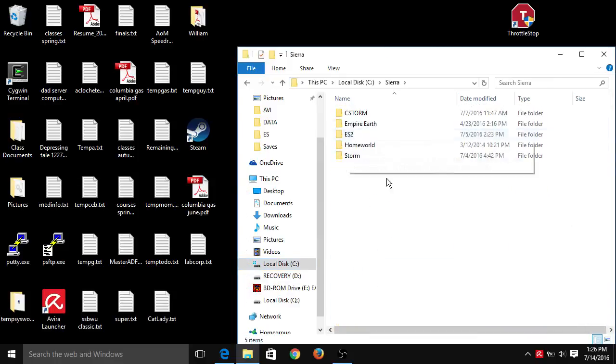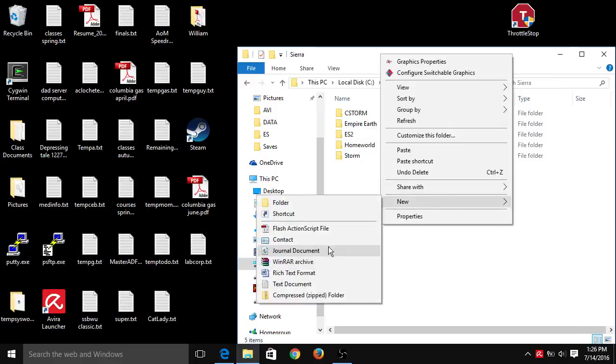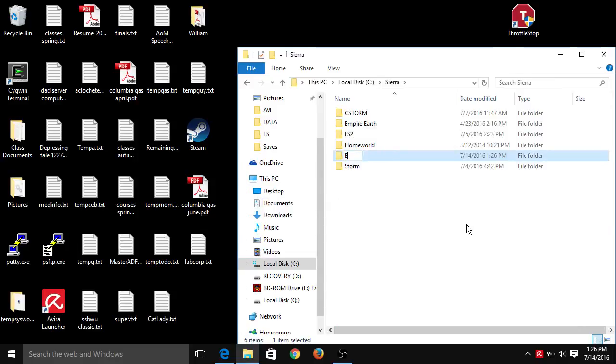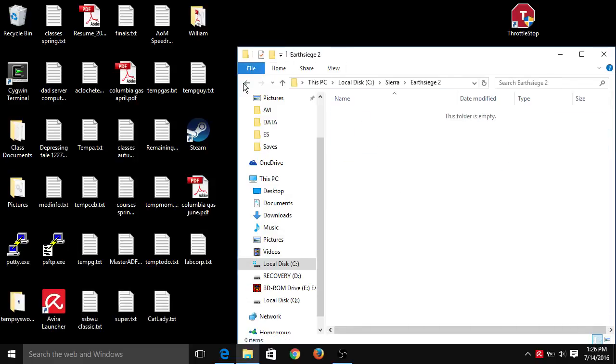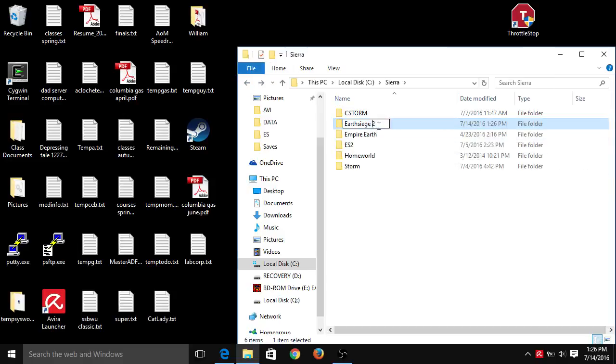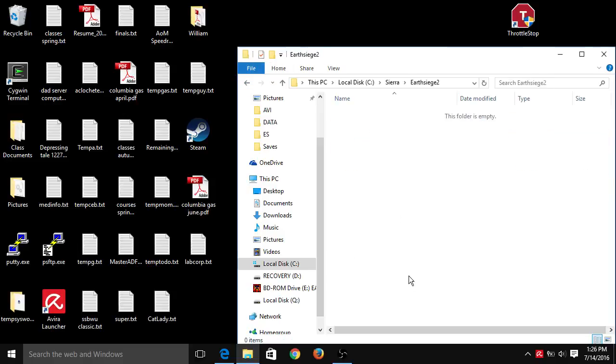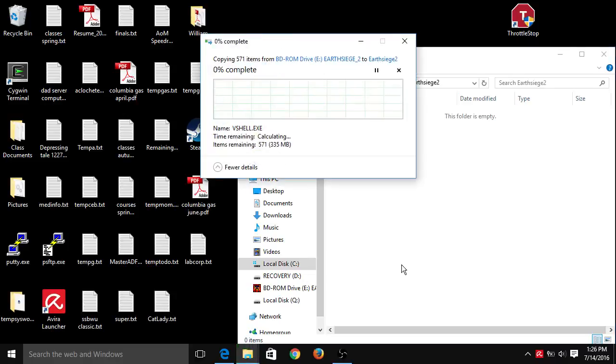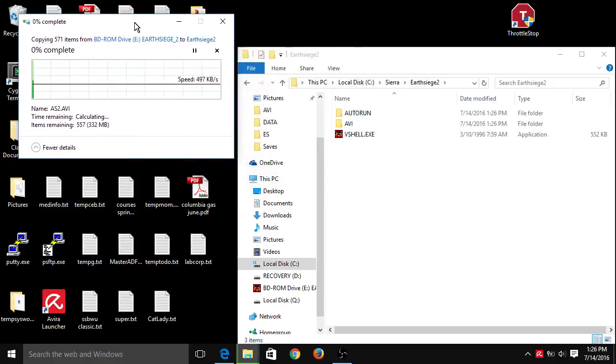I do already have EarthSiege 2 in a folder on my computer, obviously. So let me just go ahead and, for an example, just make EarthSiege 2. Actually, that's a bad idea. I'm pretty sure you need to not have any spaces. Okay, so then you can just copy and paste, and that will get the program onto your computer, but we're not done yet. There are a couple fixes we'll have to do to the installation itself,